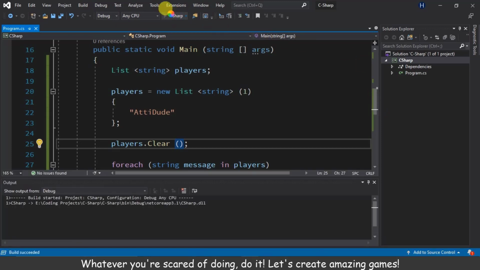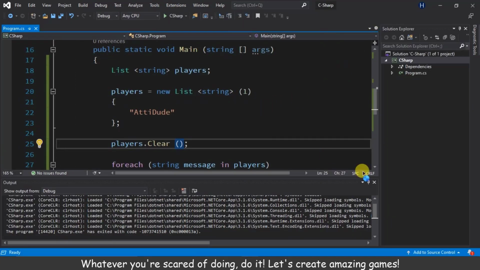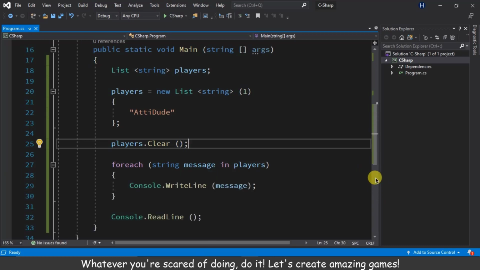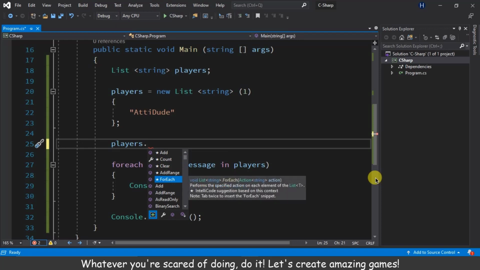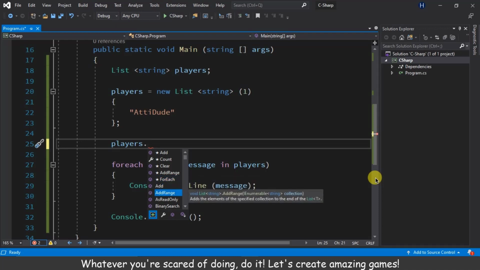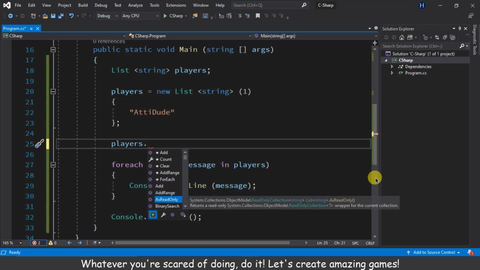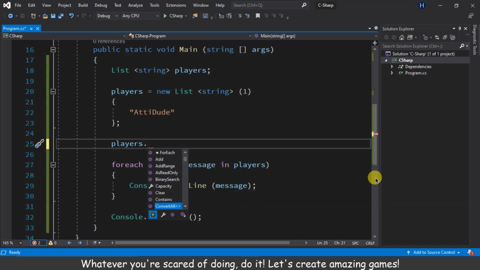And if we hit play, you see there's nothing because everything's cleared. And ForEach is really important because we can loop through each of these. AddRange is also very important. Capacity you can increase or decrease. You can check if it contains, Count,